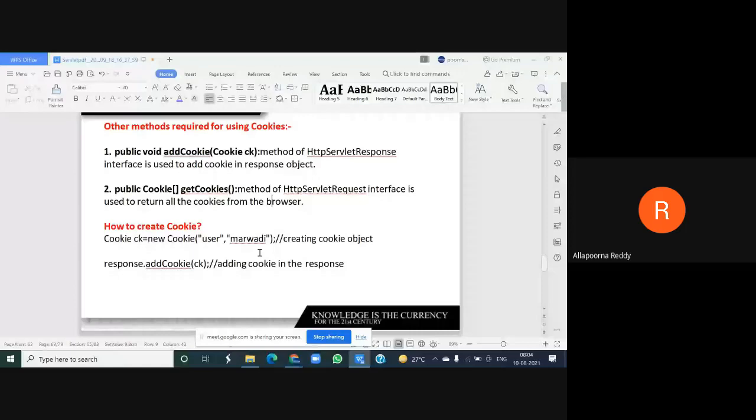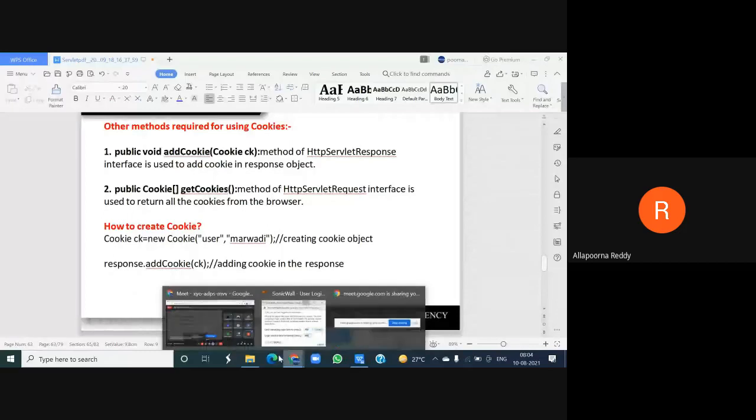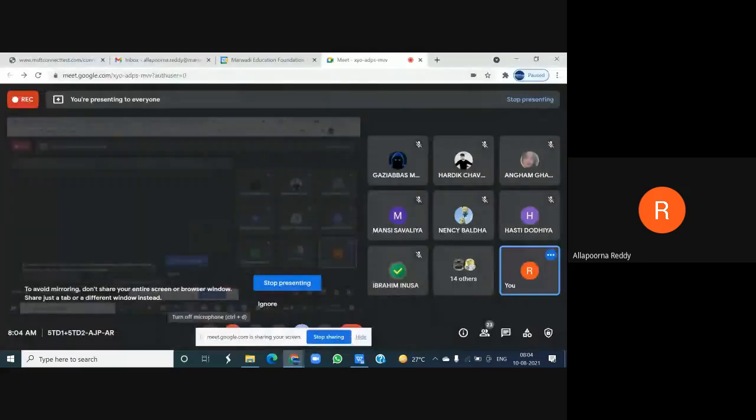You know that it is stored on your client in the form of cache memory, with the help of your response object. But how are we going to create a cookie? You just call the constructor, Cookie ck, creating an object, right?